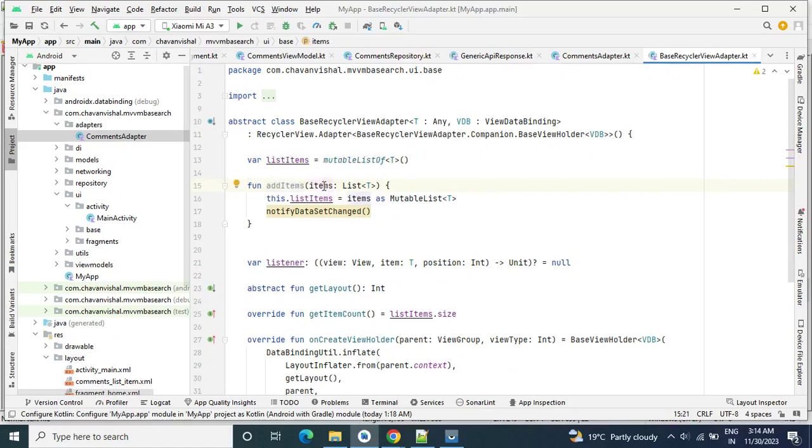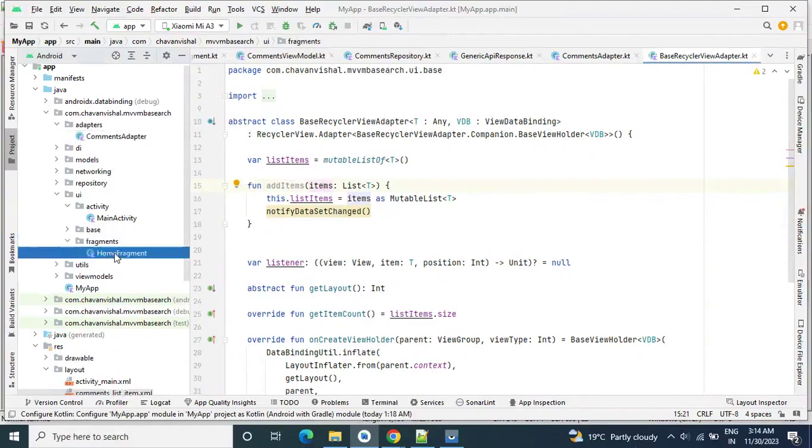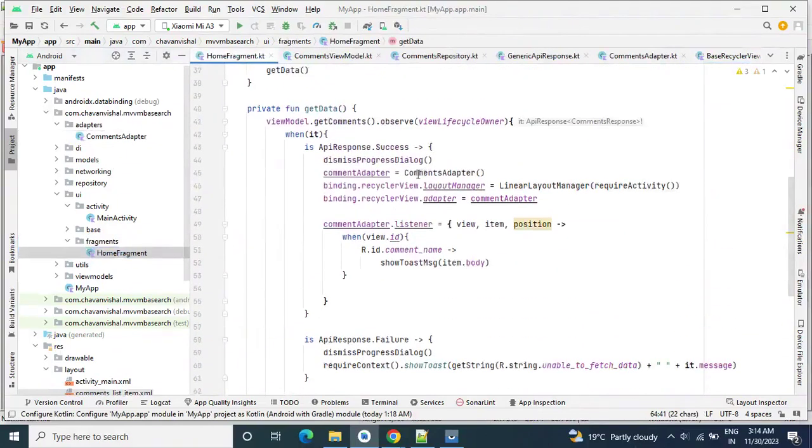Then what we have done over here, add items method, I think I have not called. Let me check in my fragment. So here comment adapter layout. Okay, so I have not called this method actually.